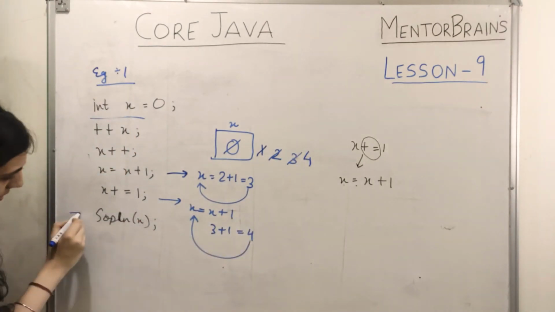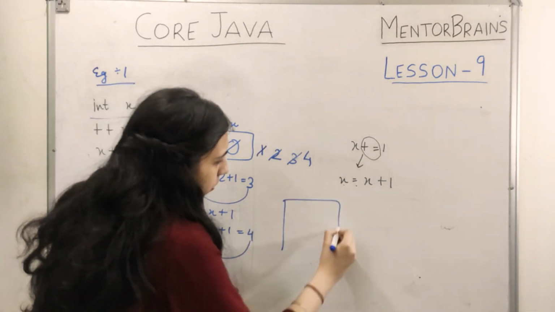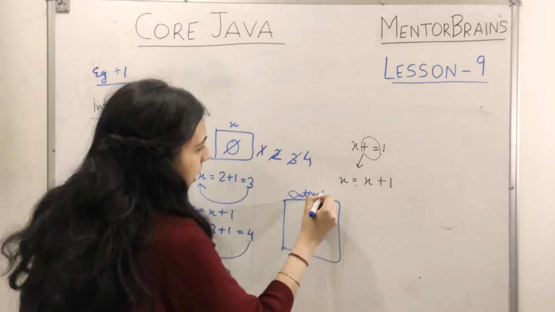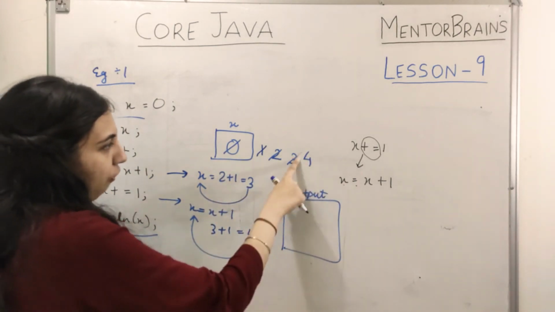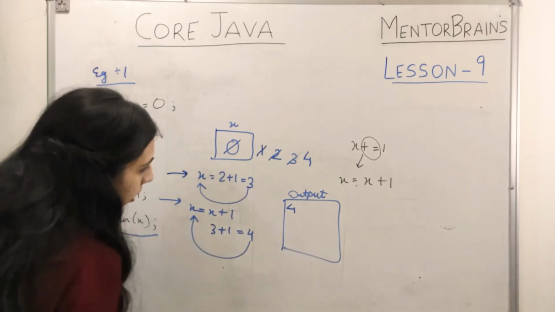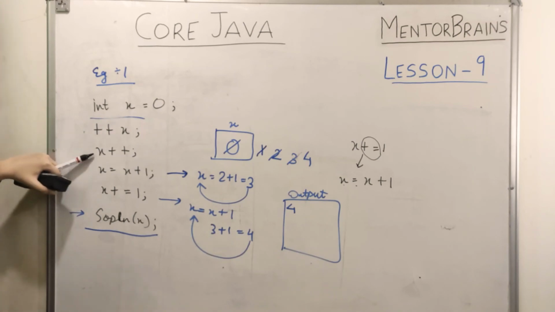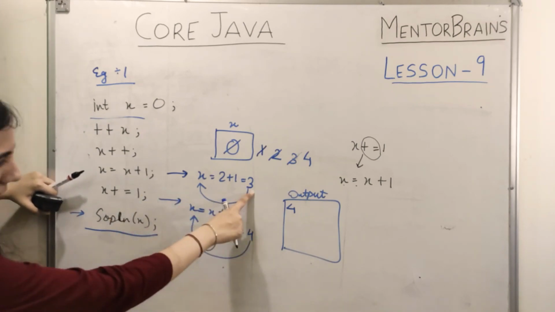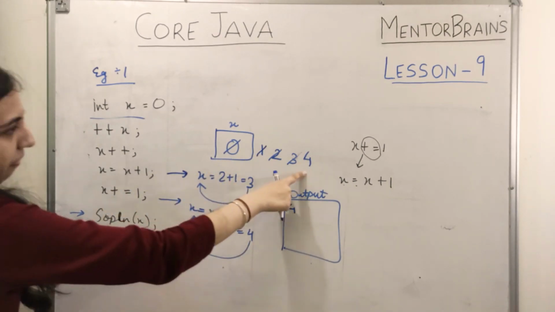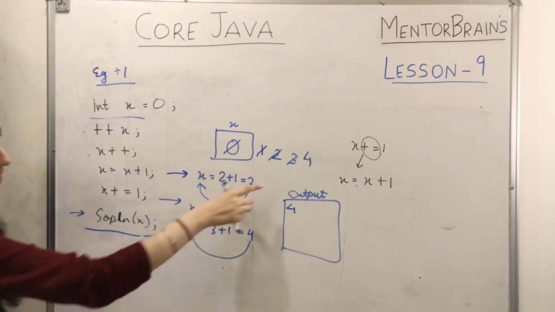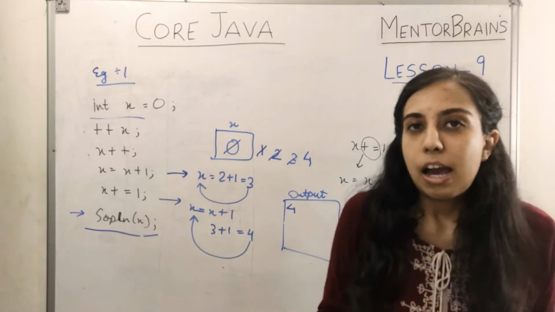While executing the last line, in my output window, my x will be printing the new value. So my new value of x, the latest one, is 4. So that will be printed. Okay, so the step-by-step procedure is as follows. In this line it is changed to 1, then it is changed to 2, then it is changed to 3 and stored. Again in this line it is changed to 4 and stored in x. So my final value is 4, and when I'm printing it, my final value is getting printed on the output window. So this was just a short example. I hope that must be clear.